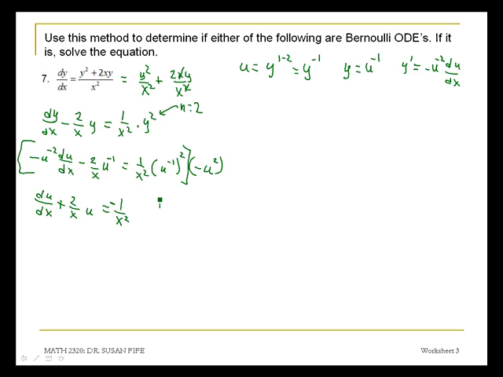And so we're going to introduce an integrating factor of the form e raised to the integral of 2 over x dx. That's going to give us e raised to the 2 natural log of x, or e raised to the natural log of x squared, and that e and natural log cancel to give me just x squared as my integrating factor. And so I want to multiply through by x squared,